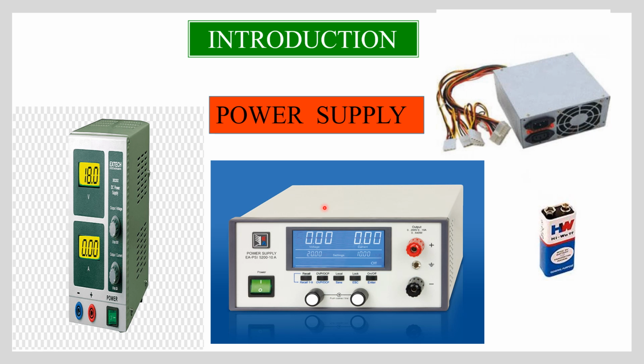Now, introduction. Let us see something about power supply. All the active electronic devices require a source of constant DC that can be supplied by a battery or a DC power supply. A DC power supply converts the standard AC voltage available at our wall outlet into a constant DC voltage. All the equipment works on DC. So this AC supply which is available at home has to be converted into DC.